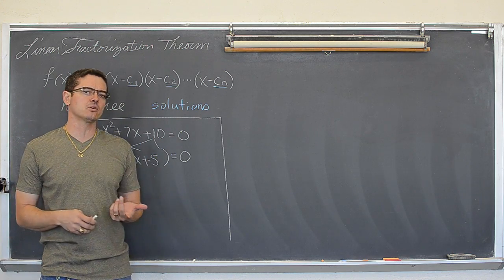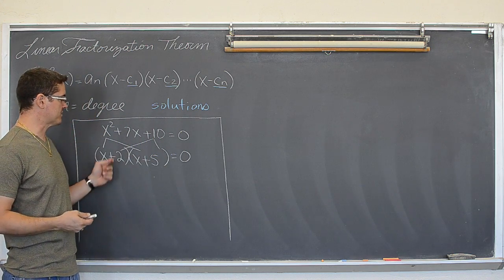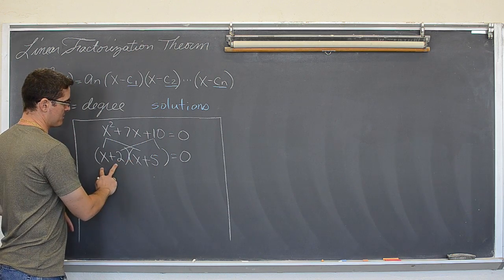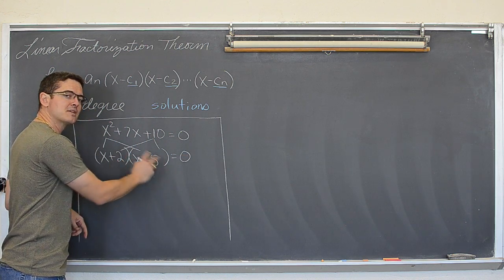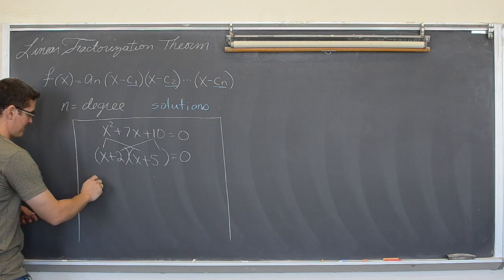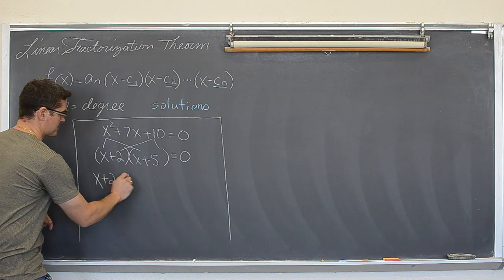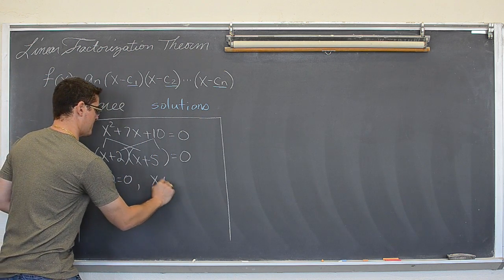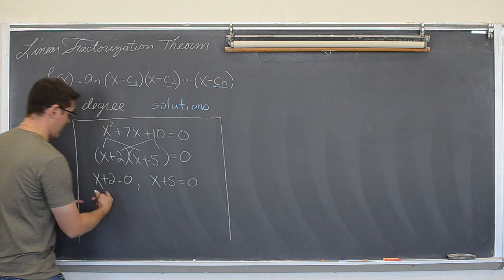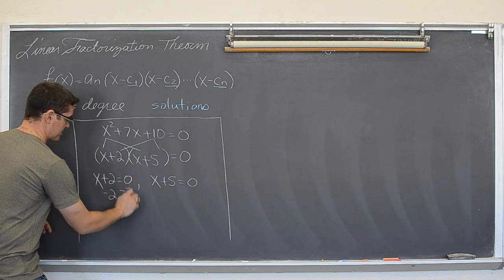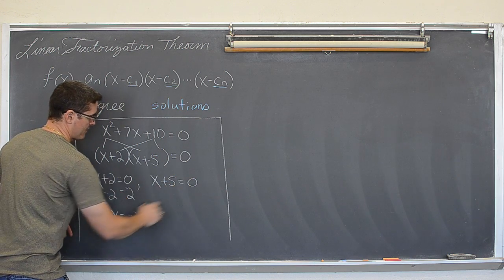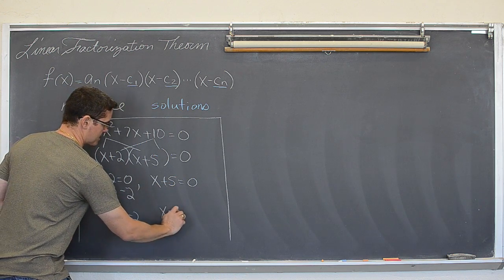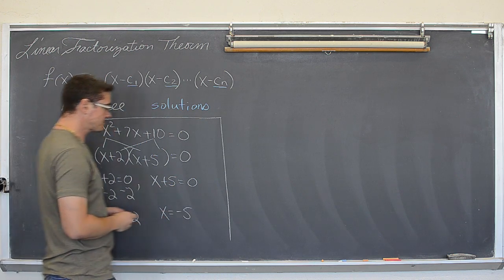After you factor, what do you do with each one of those factors? These are two separate numbers that must multiply together to give you 0. So one of these two numbers has to be 0. So let's make that happen. x plus 2 equals 0. x plus 5 equals 0. When we subtract 2 from both sides, we get x equals negative 2. And when we bring this 5 over with subtraction, we get x equals negative 5.